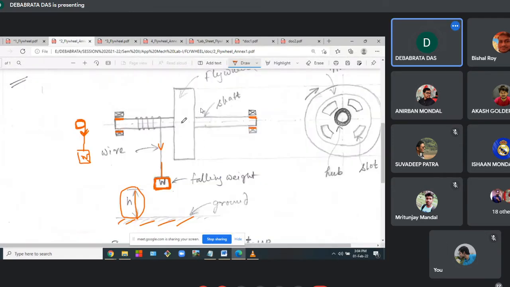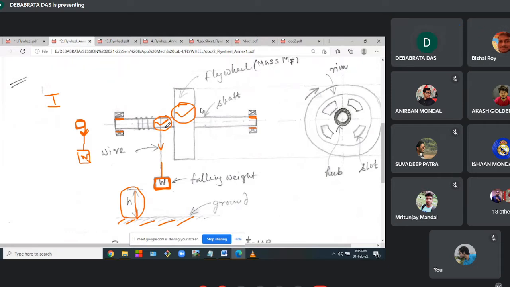You see, this shaft-flywheel system is a complete system. So when I say I, it means you are finding I for both the shaft and the flywheel. But the mass or I of the shaft is very, very less compared to the flywheel. So whatever I will be getting, that will be mostly for the flywheel. Understood? It is the entire thing that is rotating, that is the shaft-flywheel system. But this shaft has very little value of I compared to the flywheel, so that you can neglect.